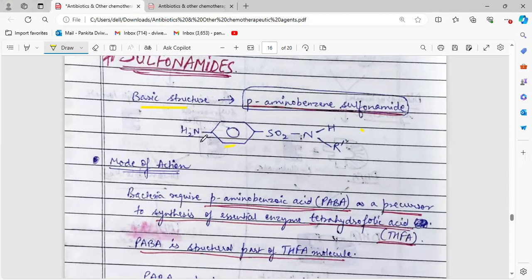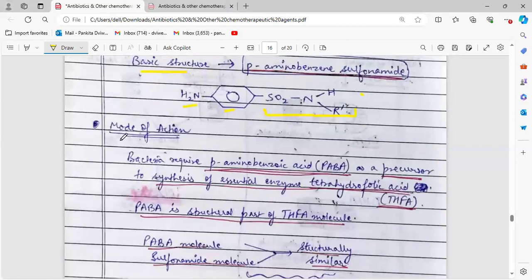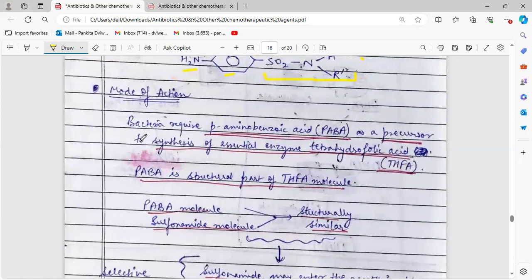It contains a benzene ring with an amino group attached to it, along with the sulfonamide group attached at the para position to each other. For the mode of action, it's known that bacteria require p-aminobenzoic acid, also known as PABA, as a precursor for the synthesis of some essential enzyme that is called THFA or tetrahydrofolic acid. The PABA is a structural part of THFA, and here